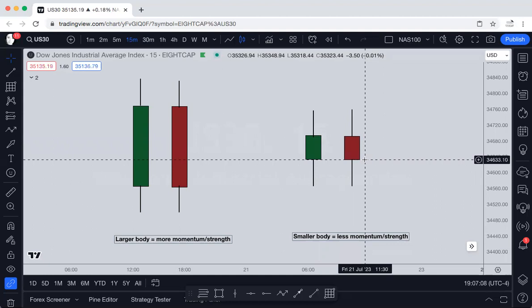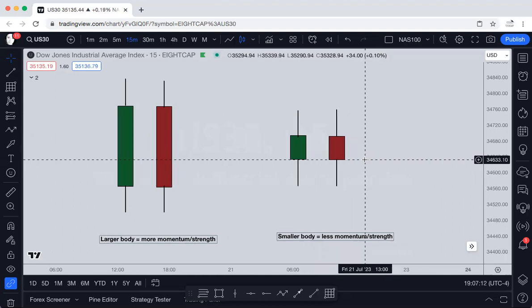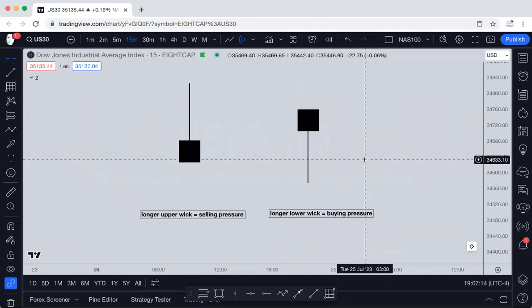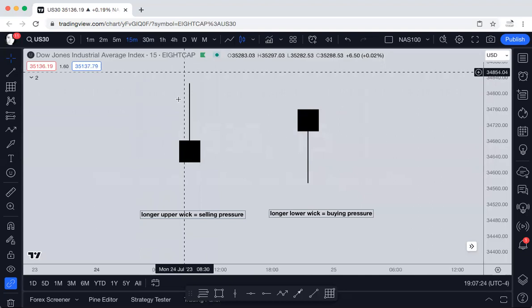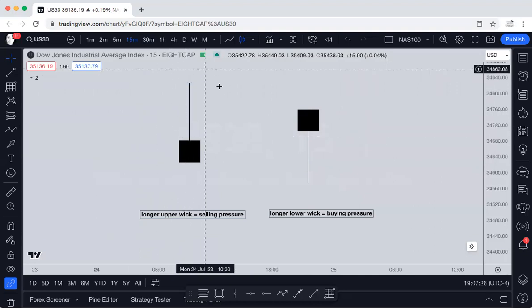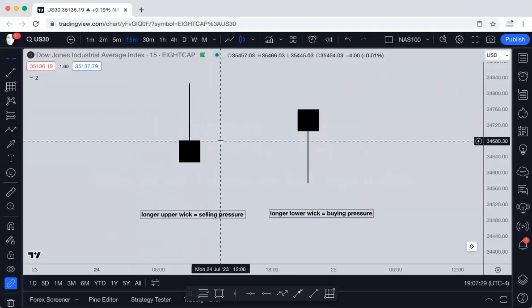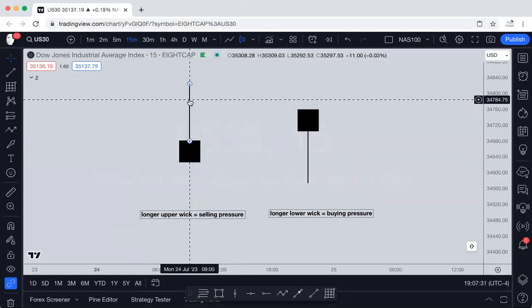So we've talked about the anatomy of your candle. We've talked about the candle bodies. Let's get into the wick of your candle. The reason why I have these candle bodies black is because it doesn't matter the color of your candle when you're talking about the wicks, okay? I need you guys to understand that when you're specifically talking about a wick,